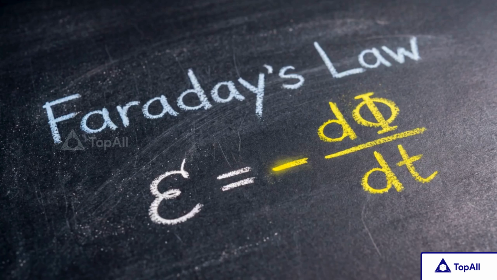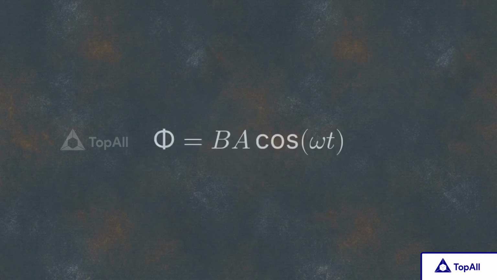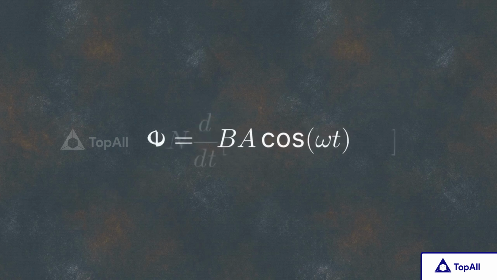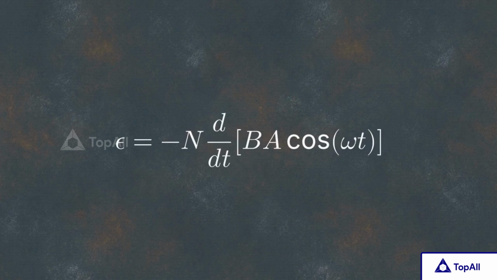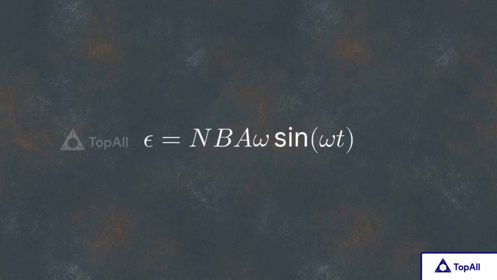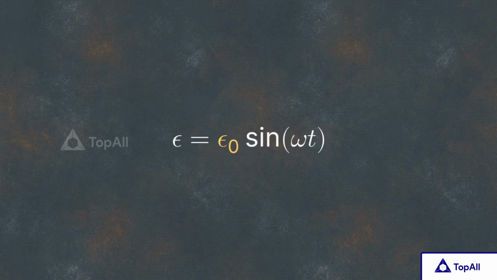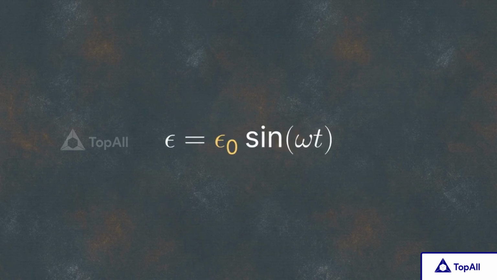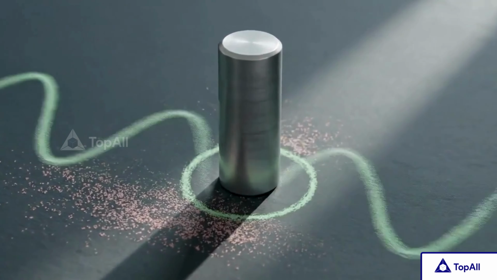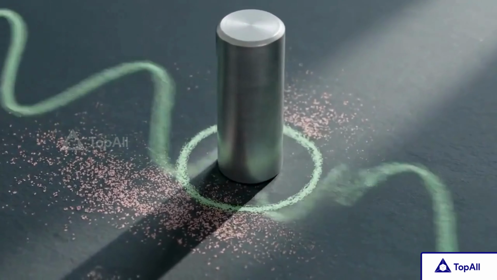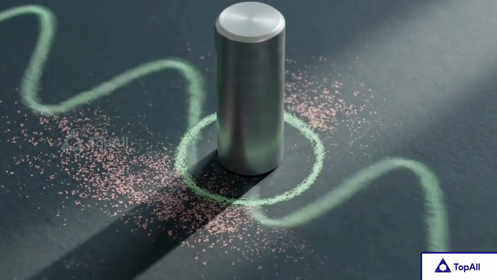Faraday's law establishes that the induced voltage is the negative rate of change of that flux through the turns of the coil. A time derivative of our flux equation pulls angular speed omega to the front and transforms cosine into a sine function. Combining the constant variables, turns, field, area, and speed, into a maximum voltage, E0, gives the final output, E0 times the sine of omega t. The rules of calculus clearly prove that a constant circular mechanical input must inevitably result in a perfectly sinusoidal electrical